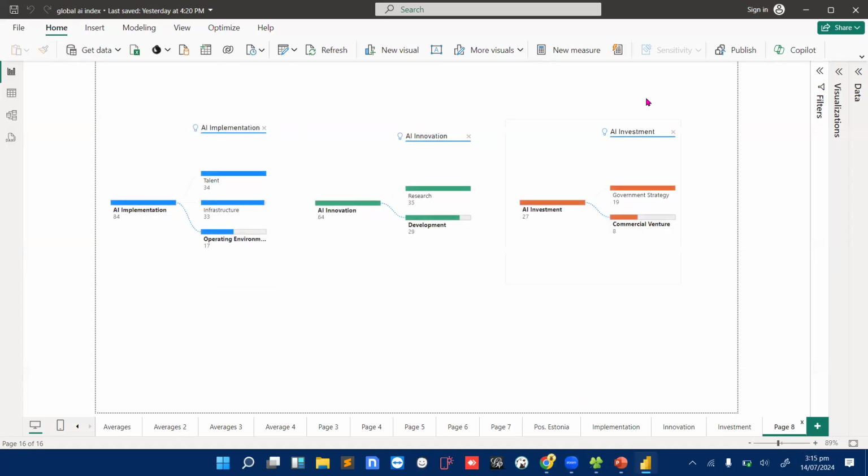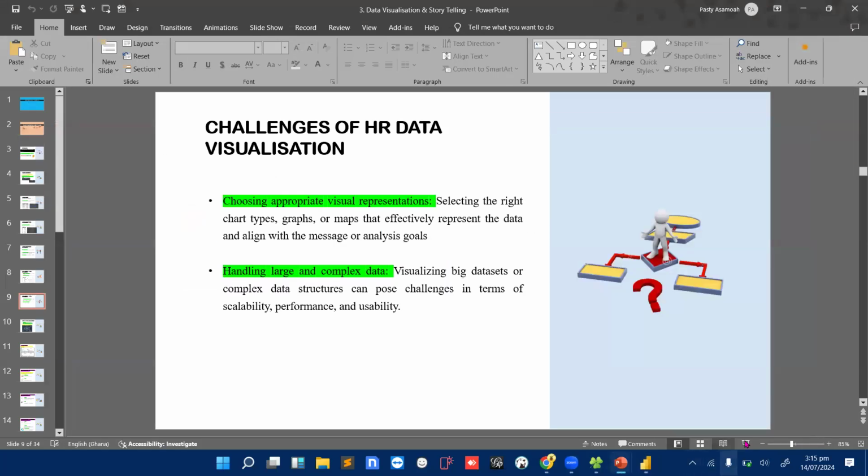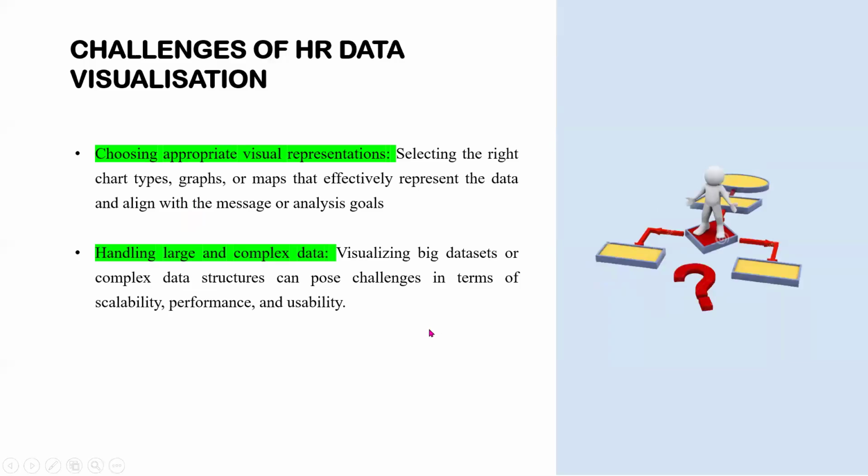Okay. Now, it's the exact same challenge you are going to face in your data visualization journey. Selecting the right type of chart or visual to understand the story behind your data also becomes a challenge. And sometimes handling large and complex data sets becomes a huge problem for data visualization.